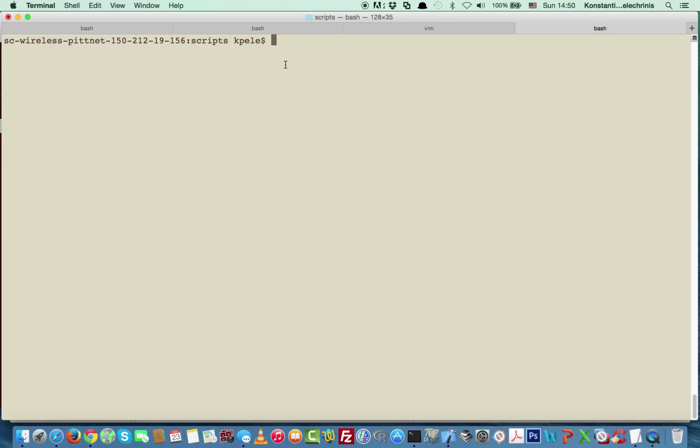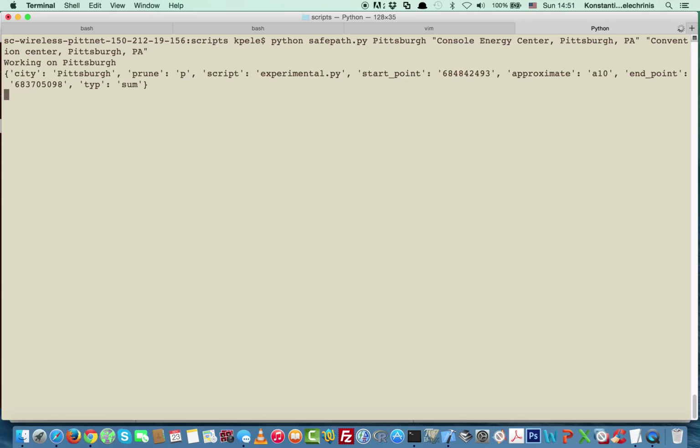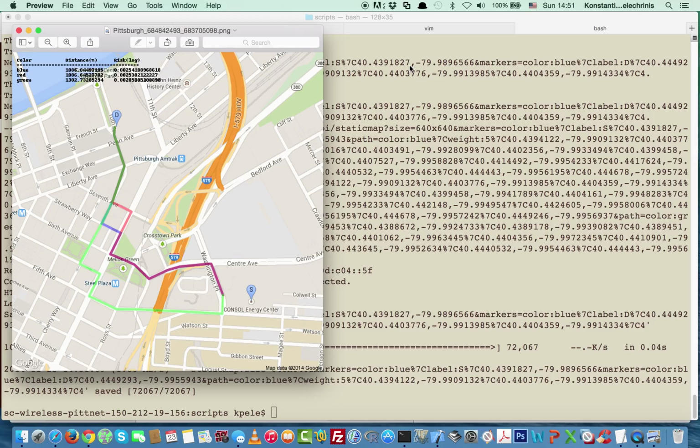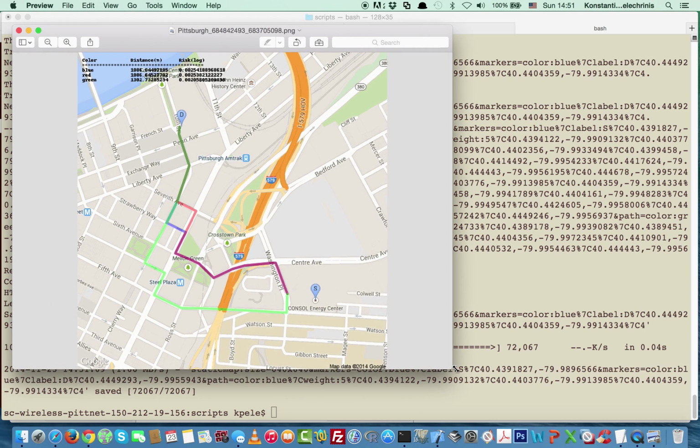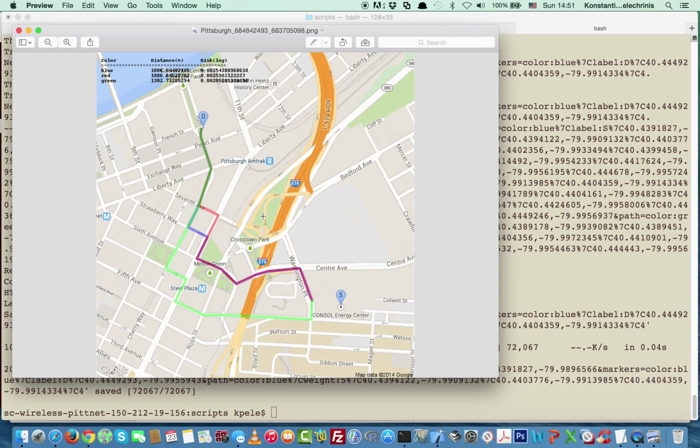So let's consider a city dweller who wants to walk from Consol Energy Center to the convention center. So essentially, here's our system where we're asking for a path in the city of Pittsburgh between Consol Energy Center and the convention center. Our system will first geocode the locations and then use OpenStreetMaps with the algorithms that we have developed to find the required paths, and then it will use the Static Maps Google API to plot these maps on an image. So clearly there is no user interface at the moment, but here is the map that we get,